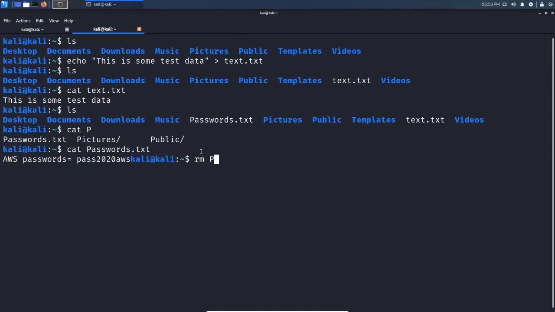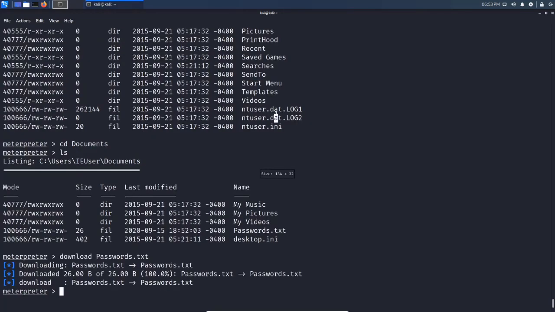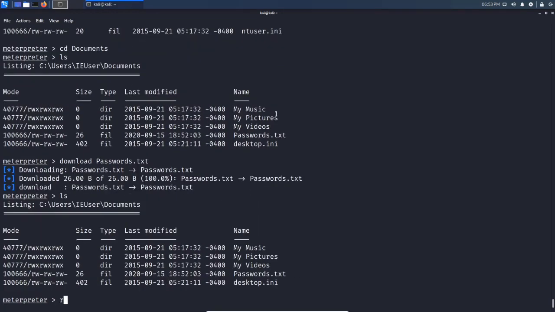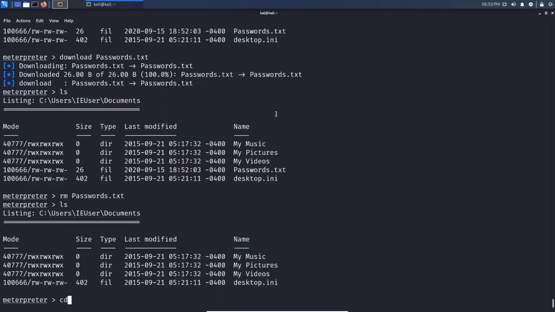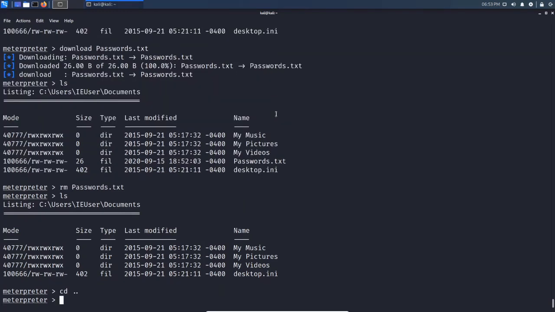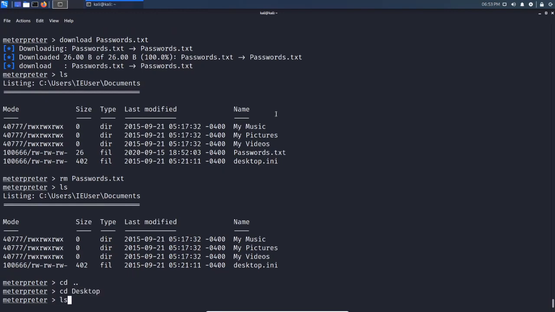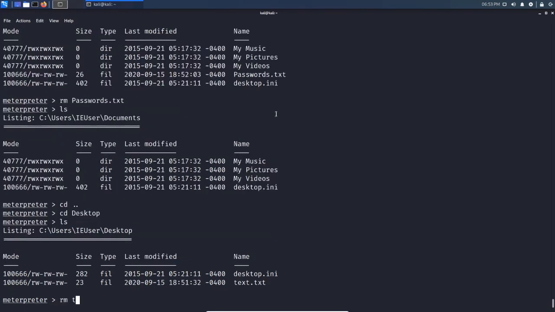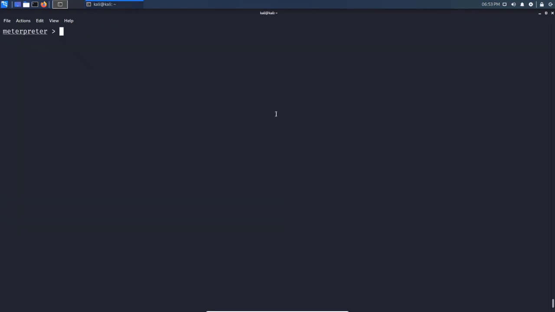So I'll just delete that file now because we do not need it, and I'll also remove text.txt from our home directory. And if I want to do the same here, I can say remove passwords.txt, and that removes it. If I go back and I say I want to go into my desktop now, so cd desktop, and I say remove, and of course I say text.txt, and that is gone. Right, so those are the basic file system commands,